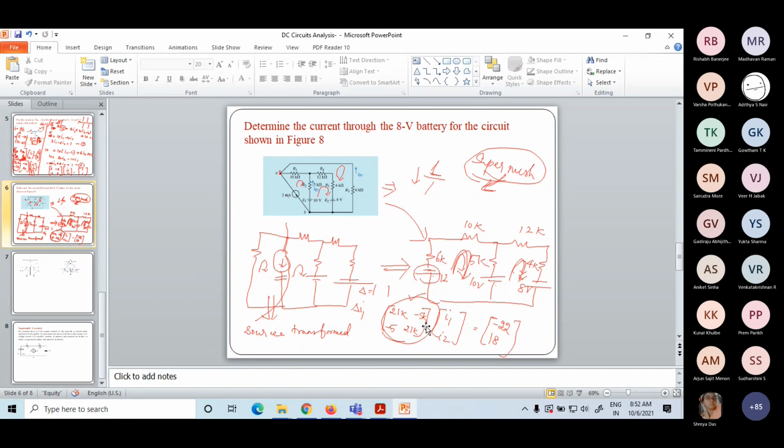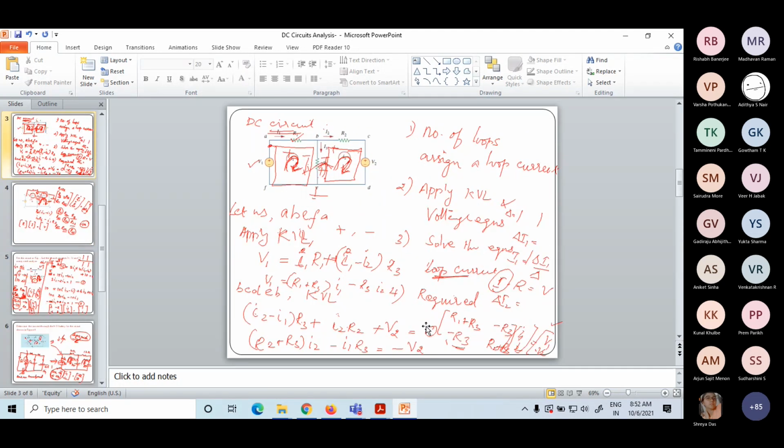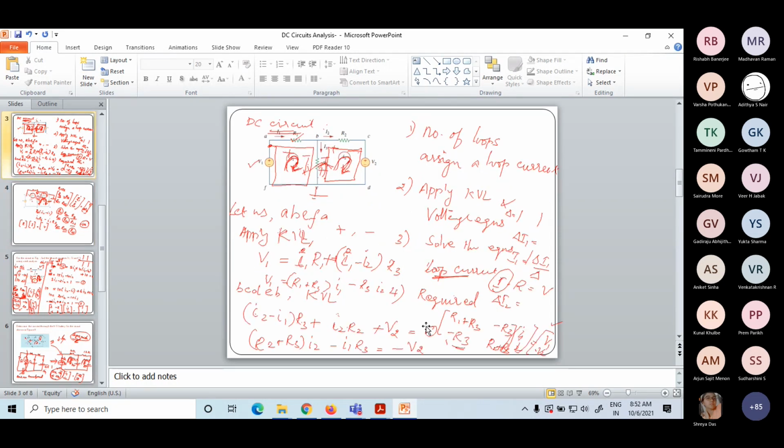Okay. Yes, ma'am. Ma'am, actually, in many cases, differences could be both positive and negative, ma'am. No, that's why I did the simplification in detail. That's the reason I did the simplification. See, when I go for this equation, when I try to write this and convert that into a matrix, we are getting a negative value for this common element. So it's quite obvious that when I write the matrix directly by inspecting the network, the common element will be a negative value. Yes, ma'am, understood.